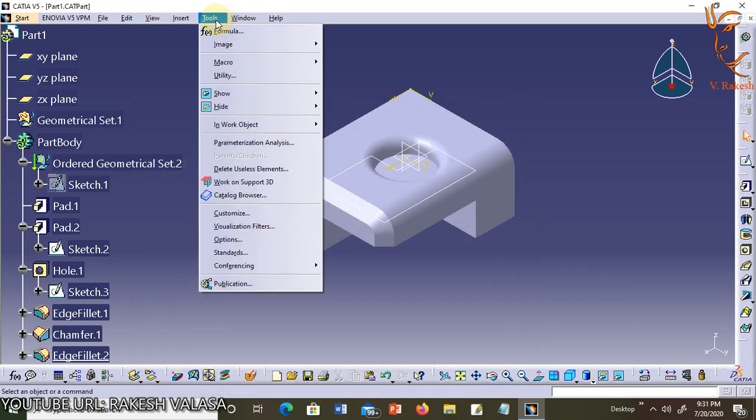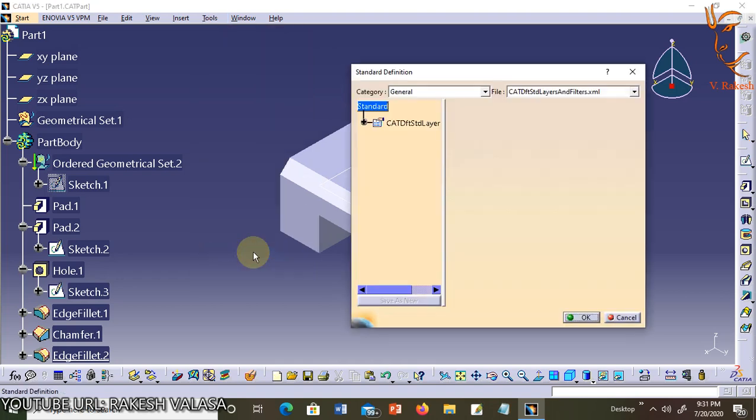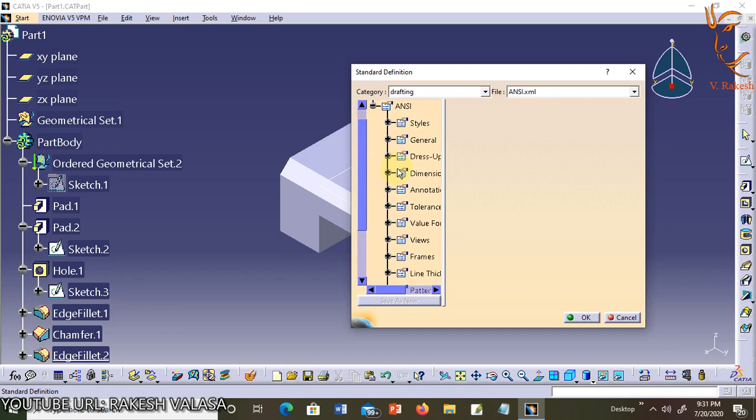Next option is Standards. This tool makes standardizing your CATIA V5 environment much easier than previous releases.